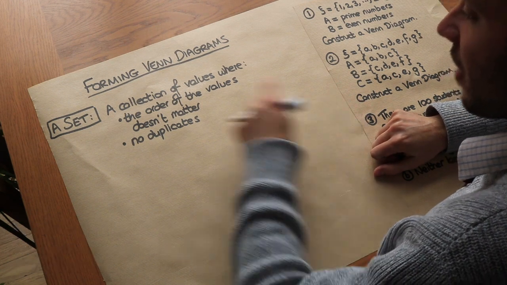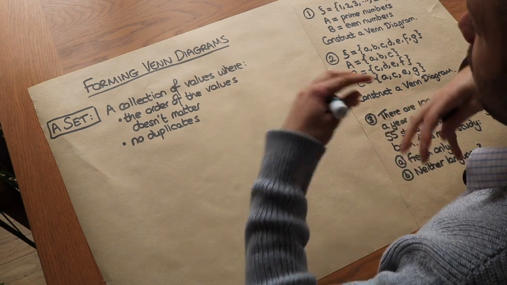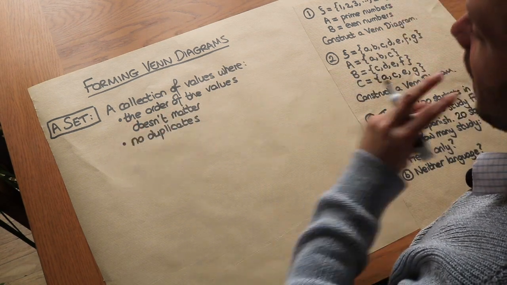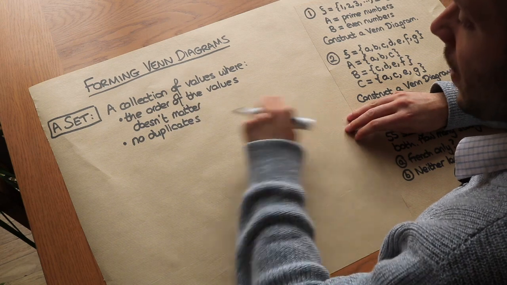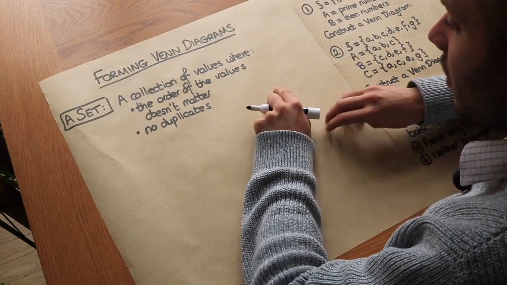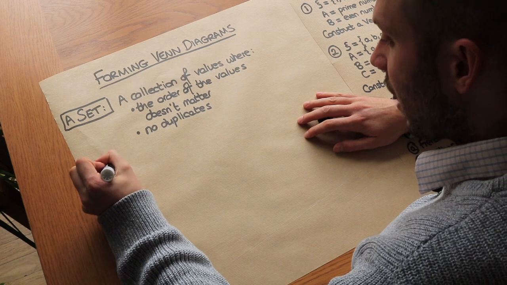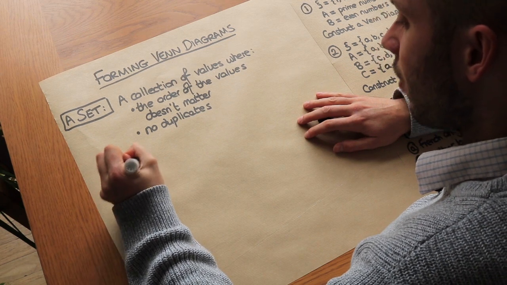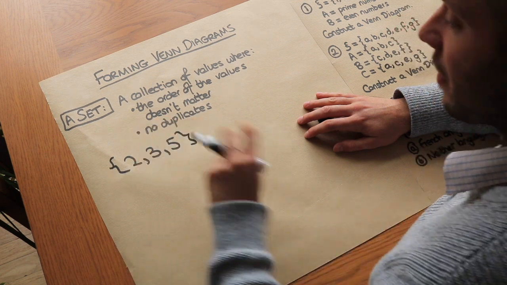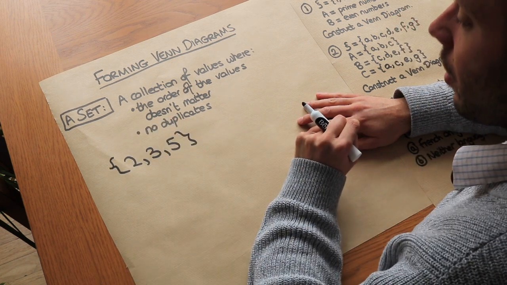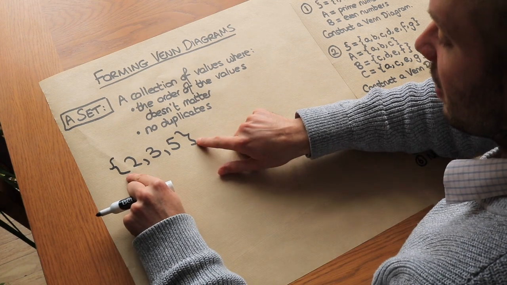Now a set is just a collection of values. That could be numbers, it could be letters, it could be any mathematical entity where the order of the values doesn't matter and there's no duplicates. So I could write a set using curly braces. I could have this set here of just say 2, 3, 5. That's a set, that's a collection of the numbers 2, 3 and 5, and we use these curly braces to